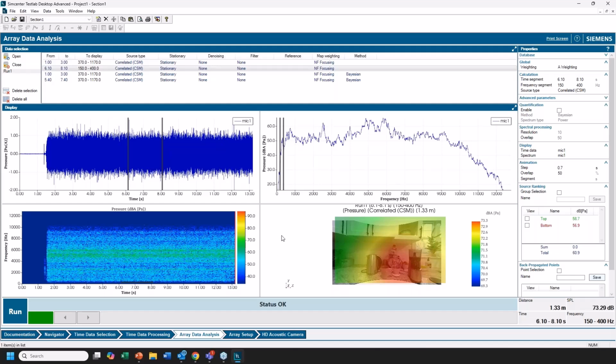No. So again, in the array data analysis software, I have the ability to do something with an add-in that will enhance the spatial resolution for this noise source localization. So I'm going to enable that, and I'm going to use a different method. In this case, I can click on this, and some people might be familiar, if they've used our product in the past, with INA, which stands for Irregular Near Field Acoustic Holography.